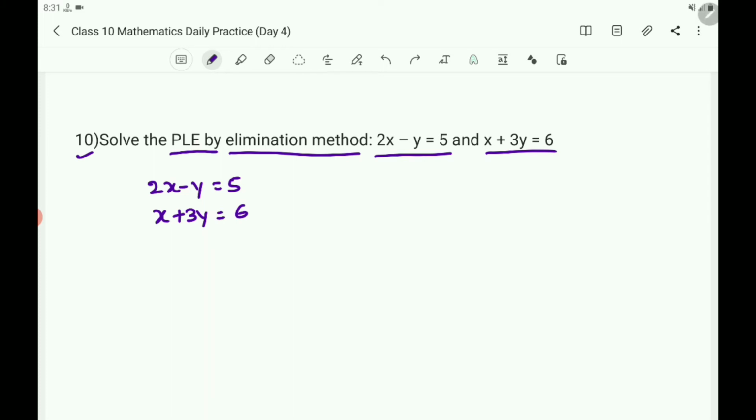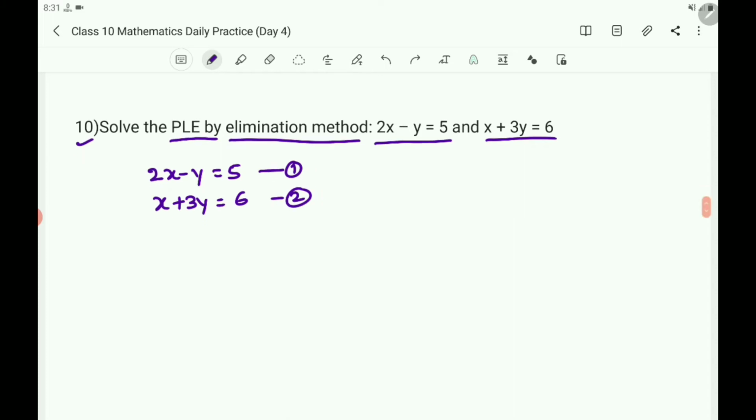So how will you convert? Here we have to multiply the equation. This is the first equation, this is the second equation. To make the coefficient of variable x the same, you must multiply the second equation by 2. The first equation already has 2. So you only multiply the second equation by 2, or otherwise you can write multiplying the second equation by 2 and the first equation by 1.